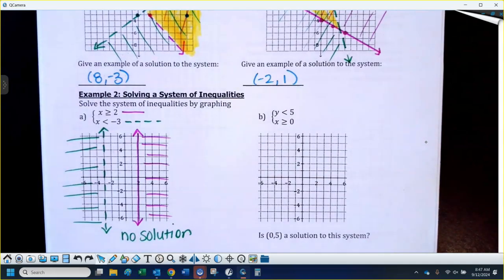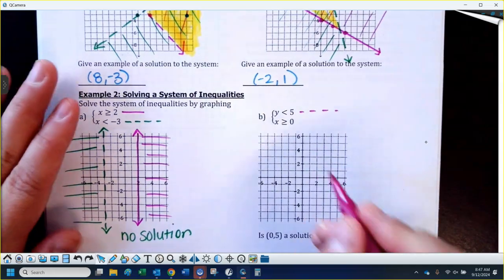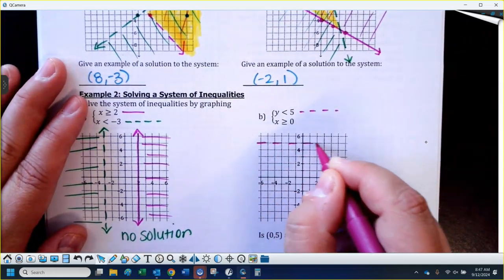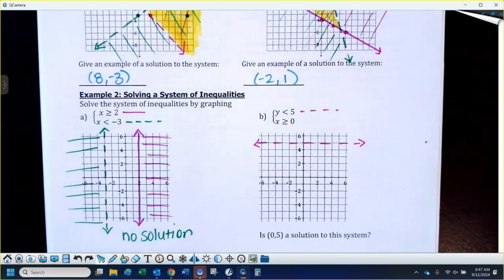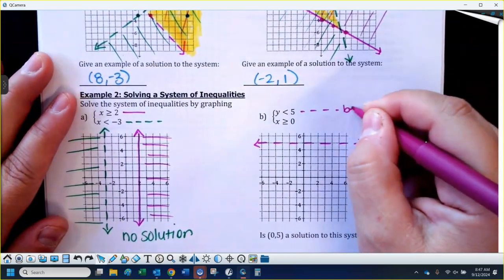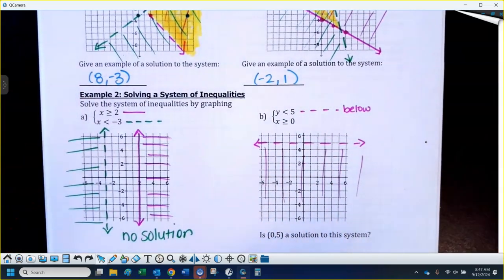Okay, now if we have y equals a number, that's going to be a nice horizontal line. So this will work for your above and below. Dashed line, nice horizontal line at 5. And less than, we're going to go below for that one. So I'm just going to lightly shade down here. Now,